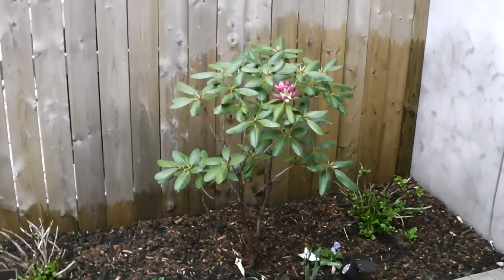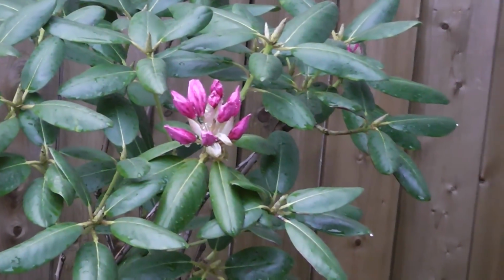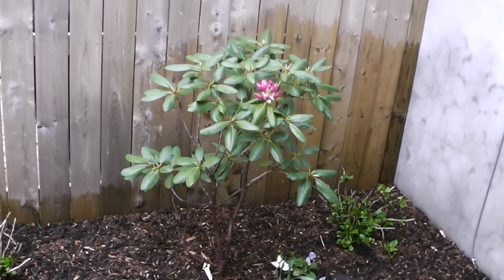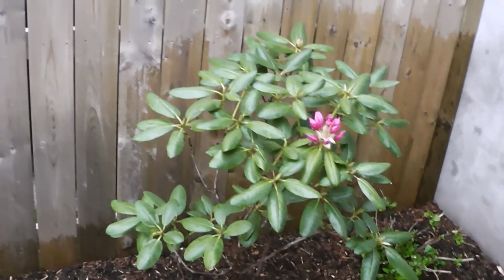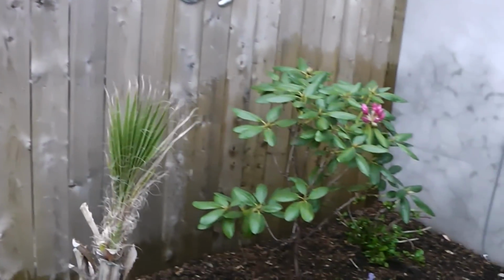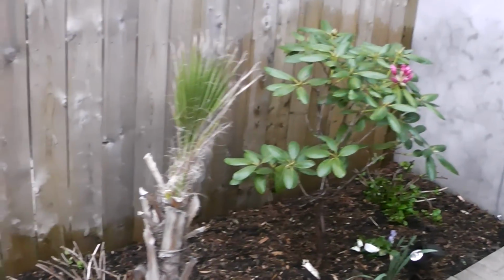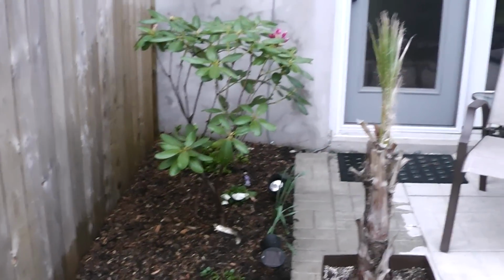So rhododendrons are just starting to flower, so probably on schedule, maybe a tiny bit early. They're usually anywhere between beginning of May to sort of end of May. So I've topped up all my garden beds. Everything is very, very springish now. Temperatures were in the high 60s. Today was 69, and next weekend they're calling for temperatures in the high 70s to low 80s, so that'll be